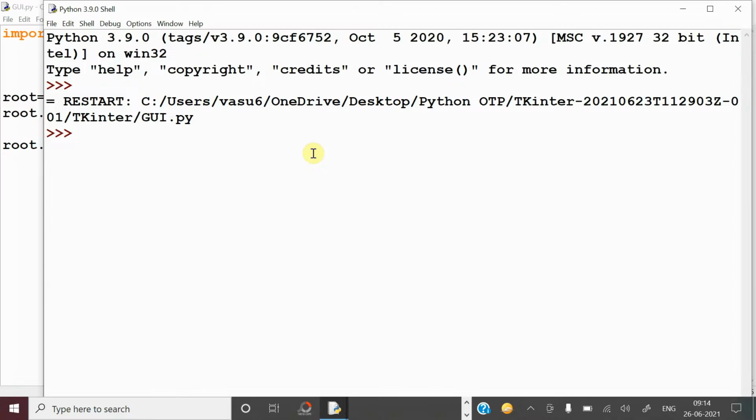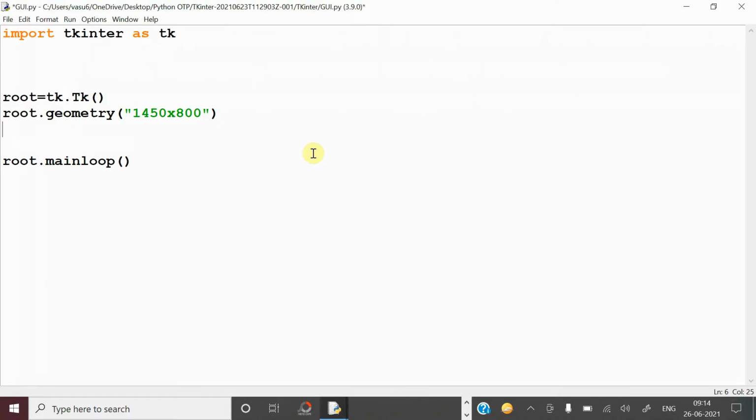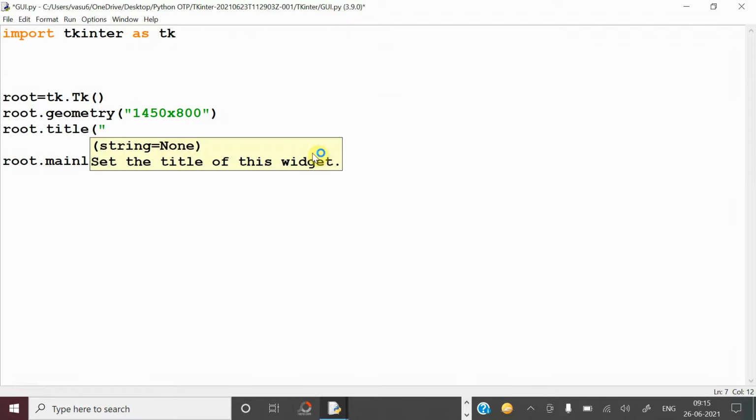Now if you want to give a title for this window, what you have to do? Again you have to call one function, root dot title. Here we are creating it for COVID vaccination, so COVID-19 vaccination.